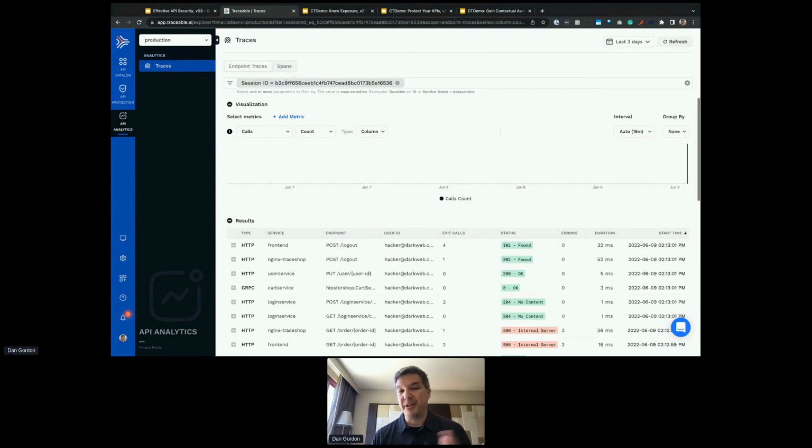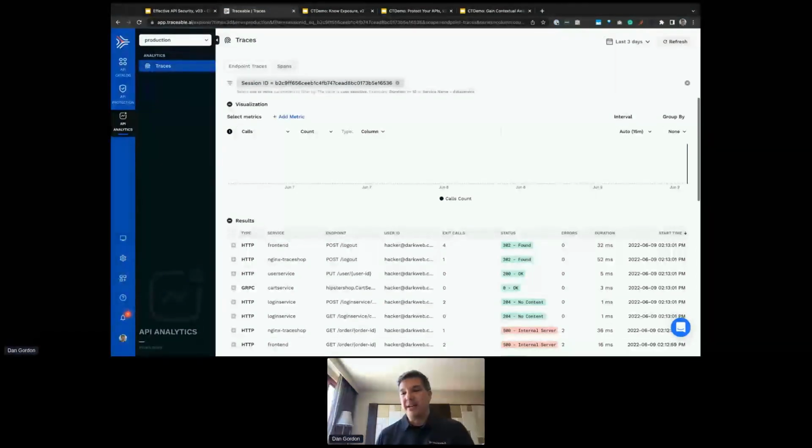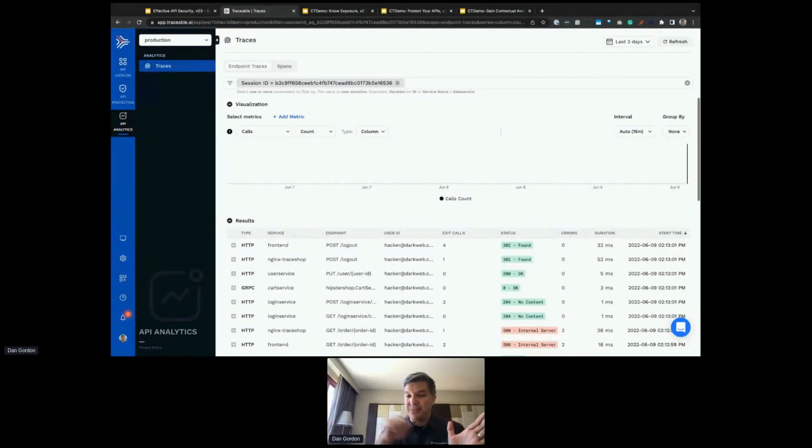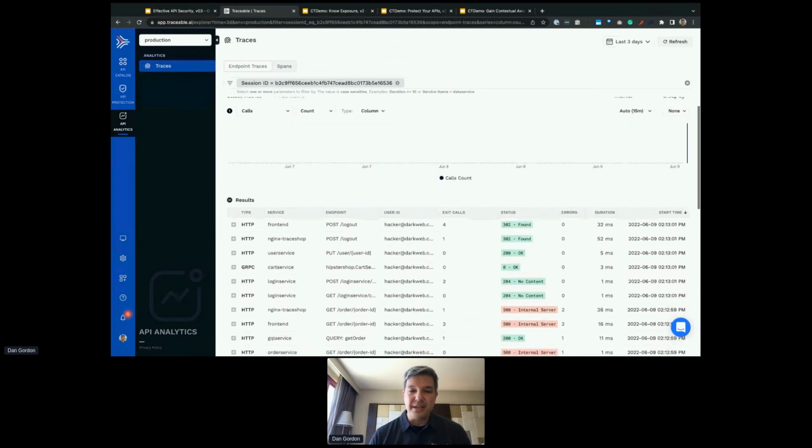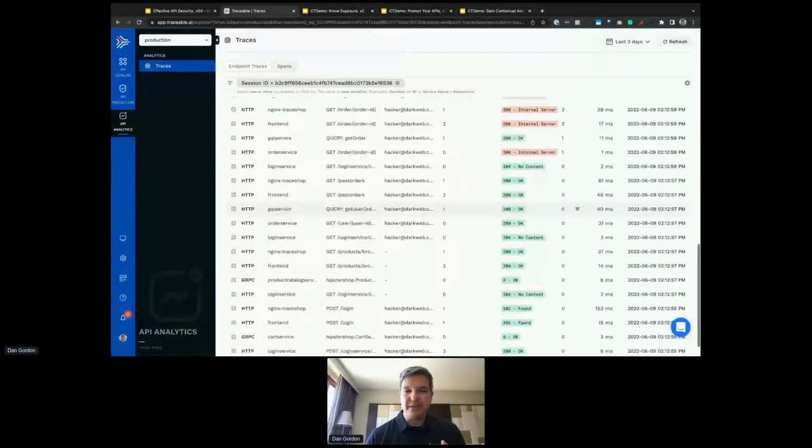This is exploring our trace data lake. We call it that because these are from distributed tracing. The notion of a trace is a collection of spans. A span is a communication between two systems. And the set of those together tells us a story about what was done and what happened and why things happened. So here I'm looking at the session of traces, and these are all lots of information. You can see there's a whole bunch of them.